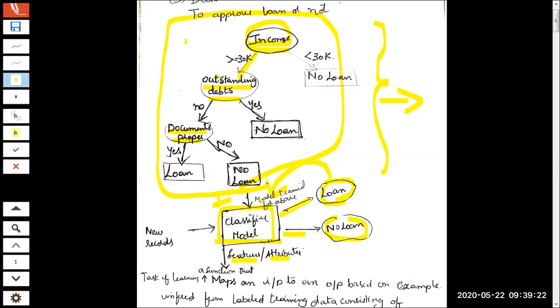So what value this attribute has will decide the branch the decision tree will be taking. If the income is less than 30K, no further processing, immediately your loan will be rejected, considering that repayment will be difficult for the customer. Now, if the income is greater than or equal to 30K, once again, please note, directly the loan is not being approved. There are a few other criteria that need to be taken into consideration. That will become other nodes in the tree.